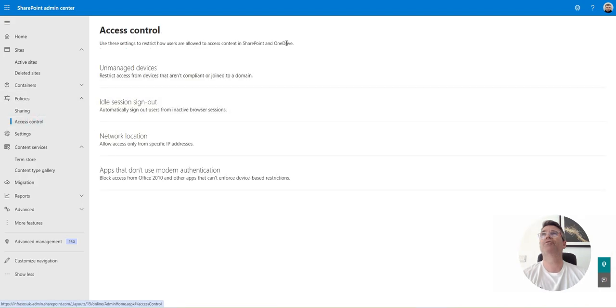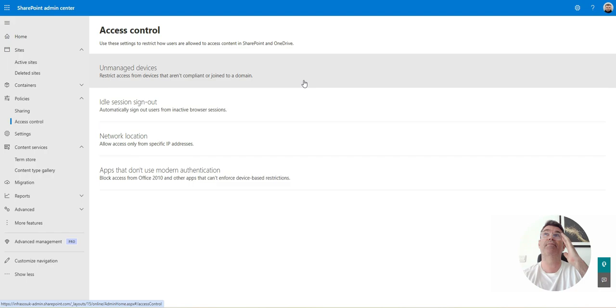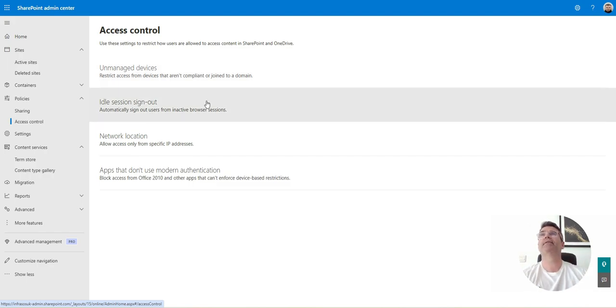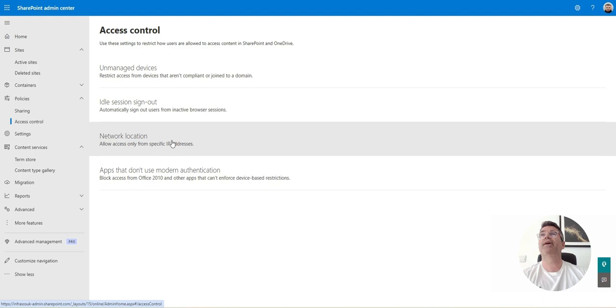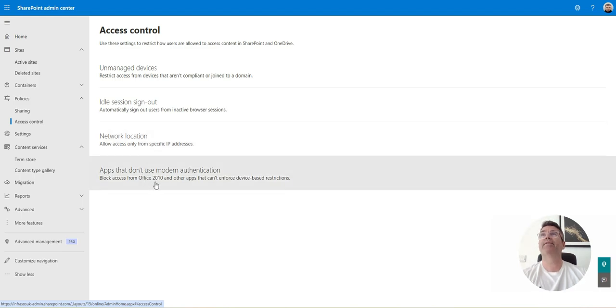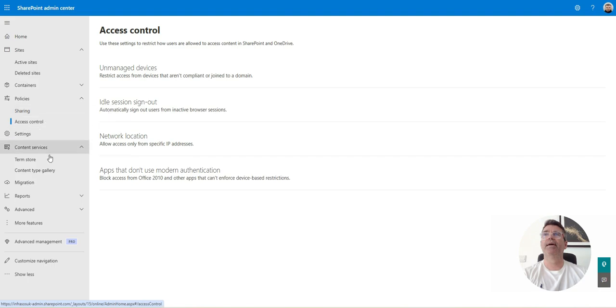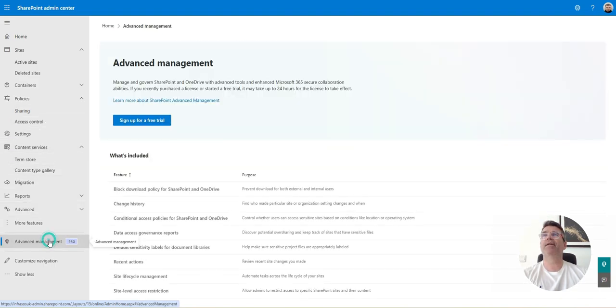If we look at access control, you can further limit access. So restrict access from unmanaged devices that aren't compliant or joined to a domain. Automatically sign out users from inactive browser sessions. Only allow access from specific IP addresses, and block access from Office 2010 and other apps that can't enforce the base restrictions. And now there's an advanced management section,